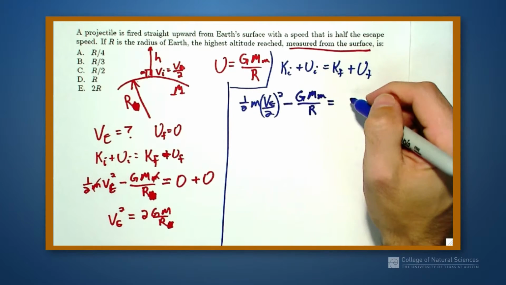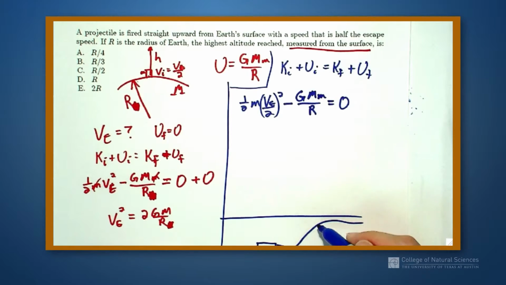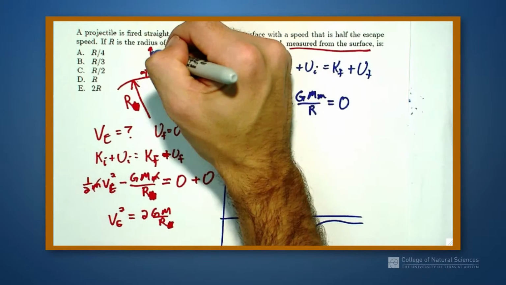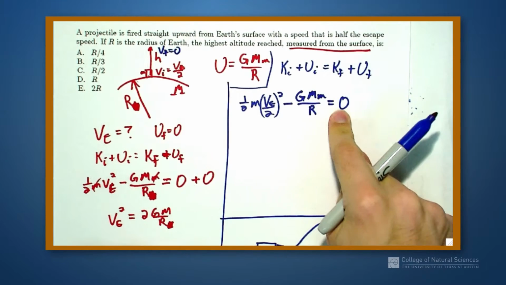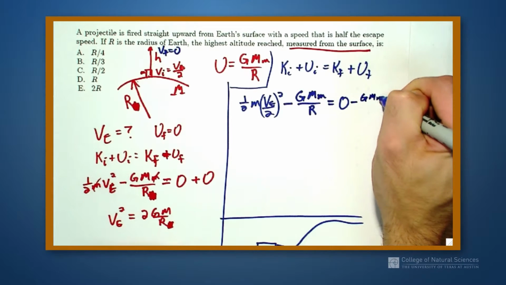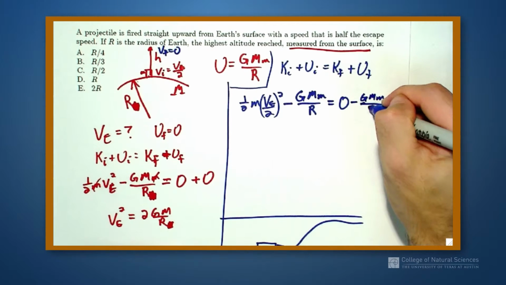My final kinetic energy, well, I'm not doing an orbit, I'm just going straight up. So like the problems where we had a hill and we give ourselves an initial velocity and ask how far up the hill do we go? I know at the end, when I get to the highest point, my velocity is going to be 0 at the top. So v final equals 0, which gives me my kinetic energy equals 0. And last but not least, my potential energy, G M m over a height of h